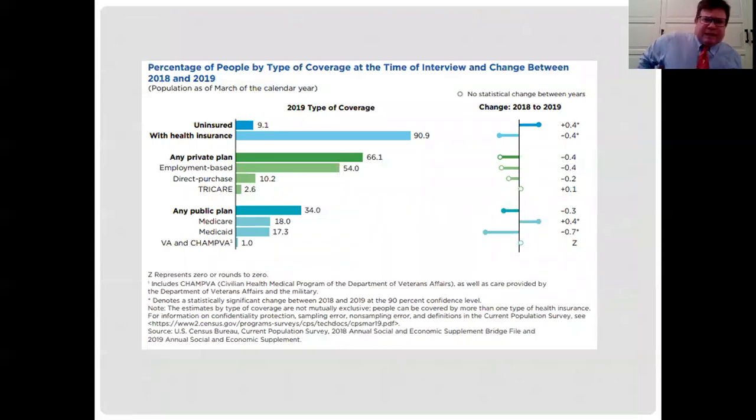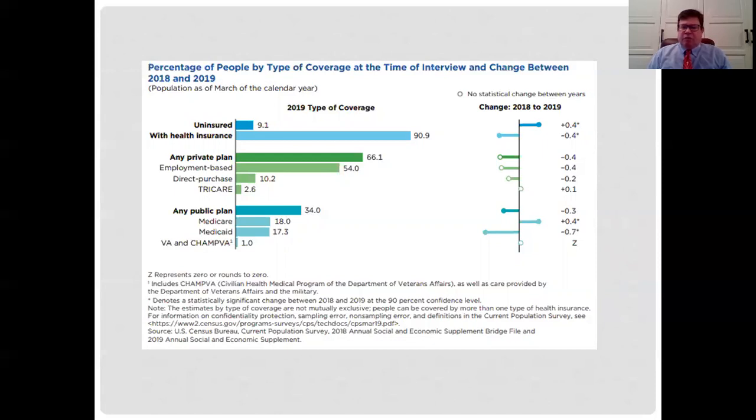So what about this healthcare, this hybrid mix that we have here in the United States? Here's a list of 2019 by the type of coverage that individuals have. This is done through the Census Department. What we see is that we have about 9.1% of Americans are not insured for healthcare, which leaves us with 90.9% overall. Most of these, 2/3, are in the area of private plans, so 66.1%.